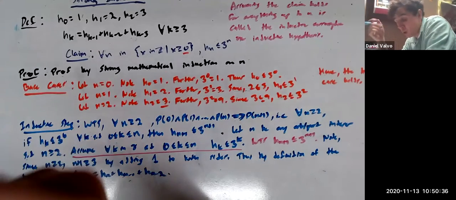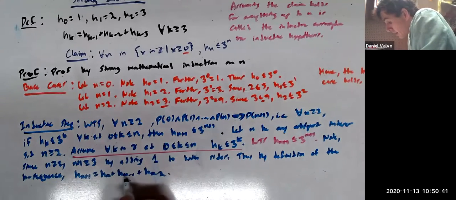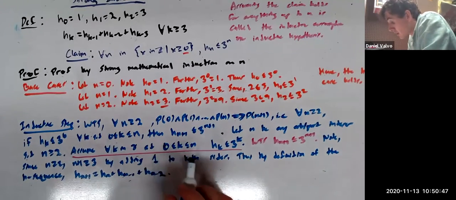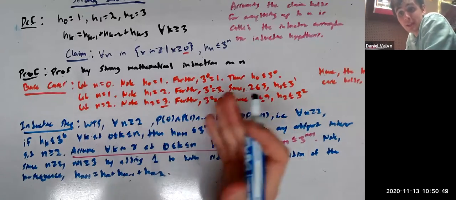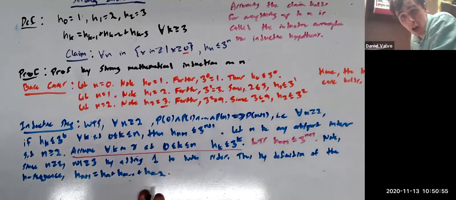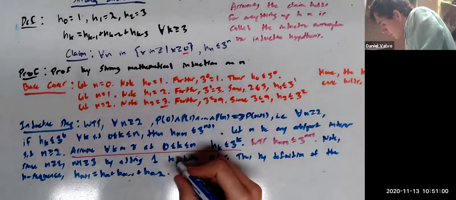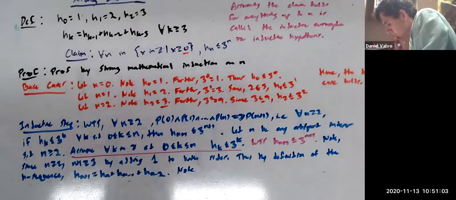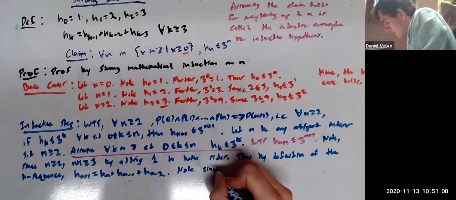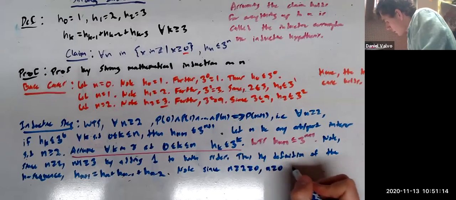But in order to use that, in order to say that the claim holds for these, we need to make sure that n minus 1 and n minus 2 are actually in this range between 0 and n, because our inductive assumption just assumes that it works up to n. So even though it seems obvious, we have to prove that n, n minus 1, and n minus 2 are all in this range up to n. So what I'm going to say is note that since n is greater than or equal to 2, which is greater than or equal to 0, n is greater than or equal to 0,